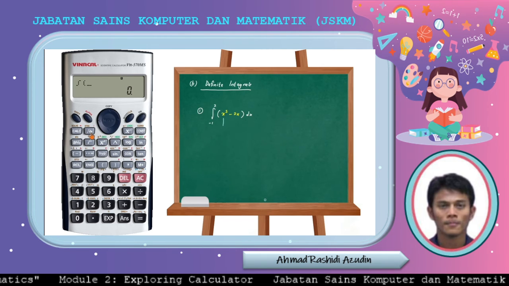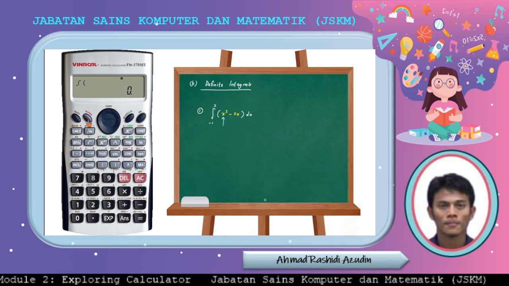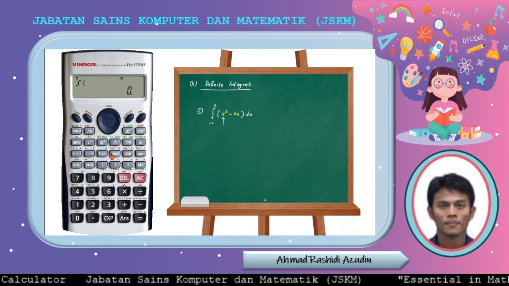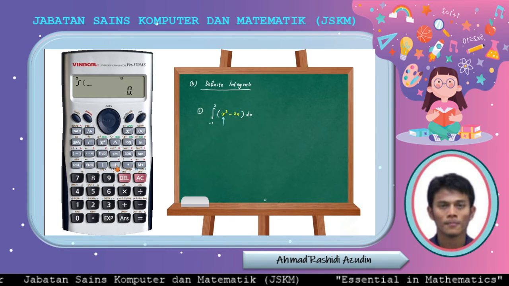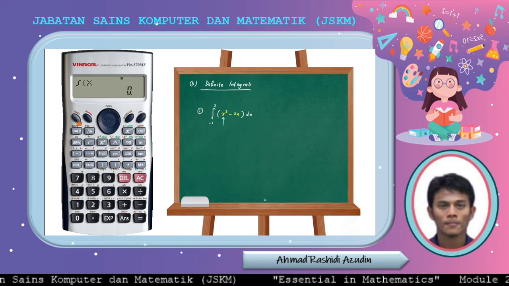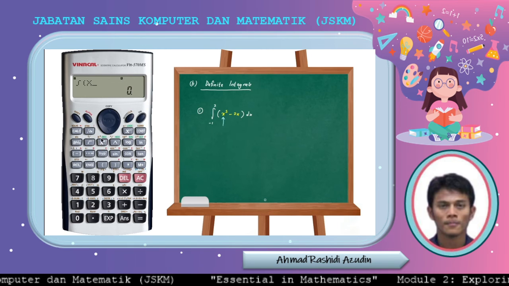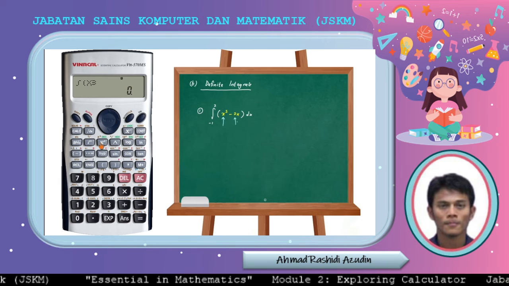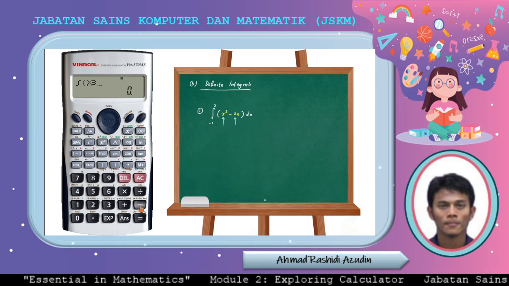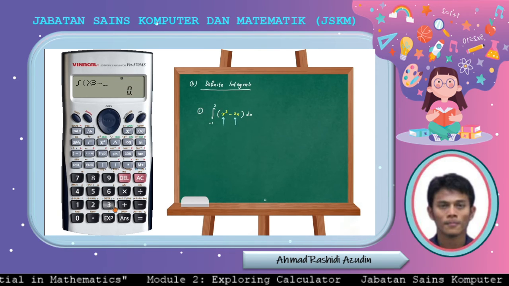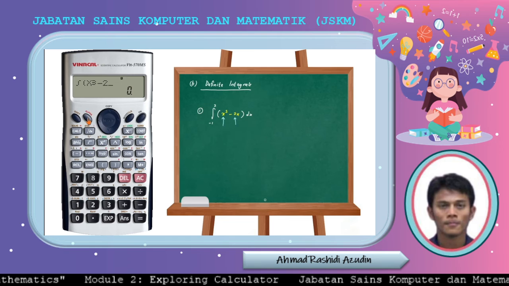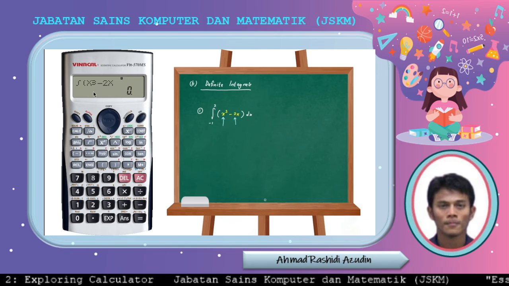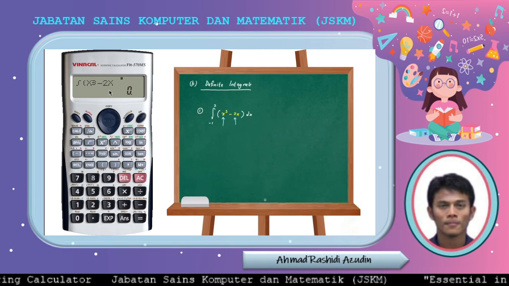Next, we need to include this term, x cubed. To include the expression x cubed, we press alpha and then this button to display the variable x. Next, we press shift and then this button to display the power 3. To insert this term negative 2x, we just press the minus button and then 2, then alpha and then x. Once we have inserted the function, which is x cubed minus 2x, what we need to do next is